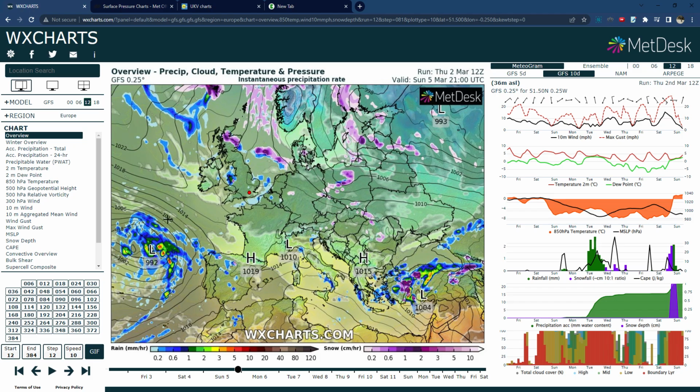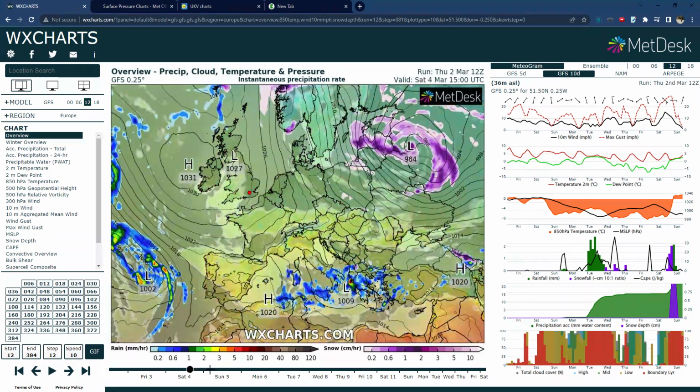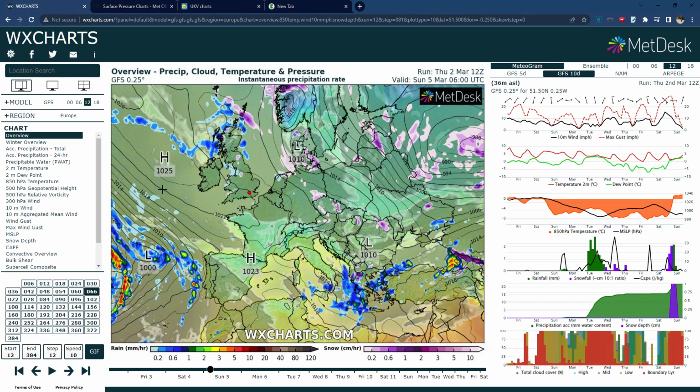So I'll start off with going through the weather models here. This is a GFS model. The black lines are isobars, which are lines of equal pressure. The colours show precipitation, and then the wind flows anti-clockwise around low pressure systems along the isobars like this,